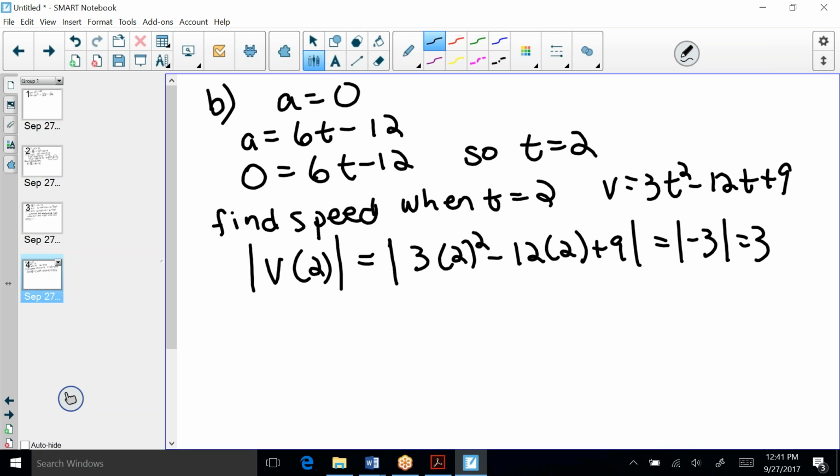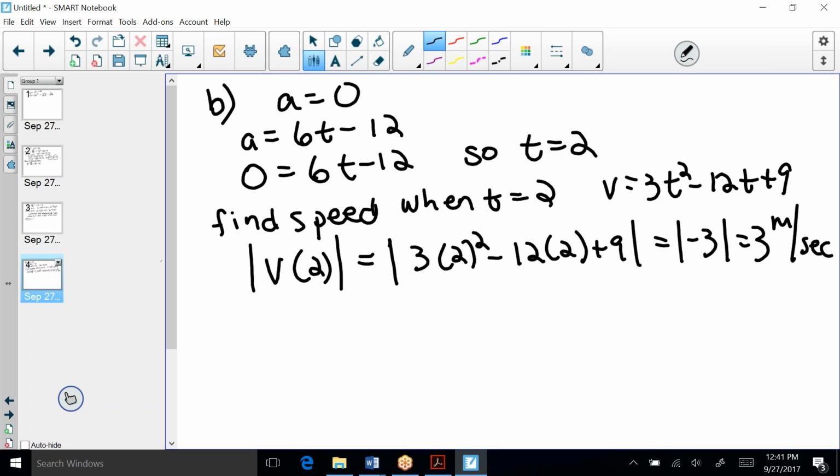meters per second. Whenever I need units, I'm going to call on you, Devin, because you're the units guy. Yeah. All right. And then part C is asking us to find the total distance traveled by the body from t